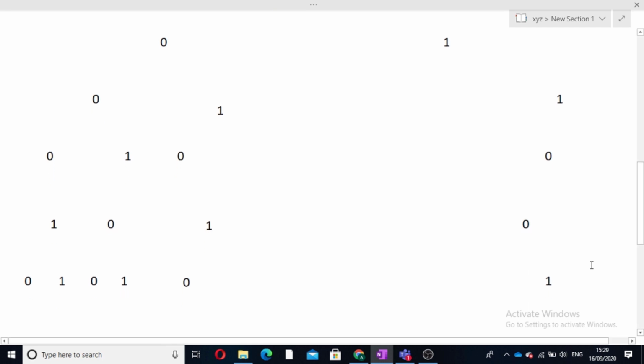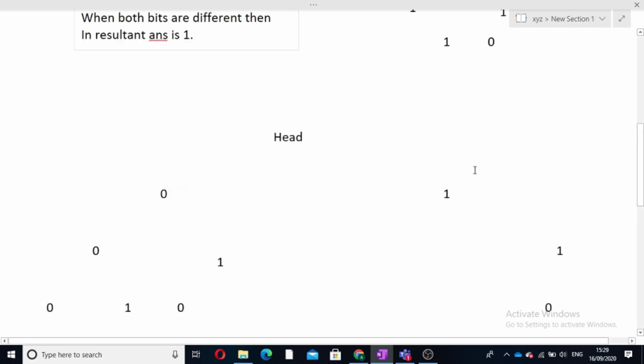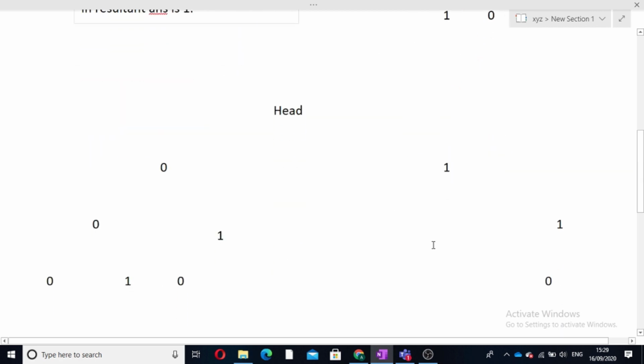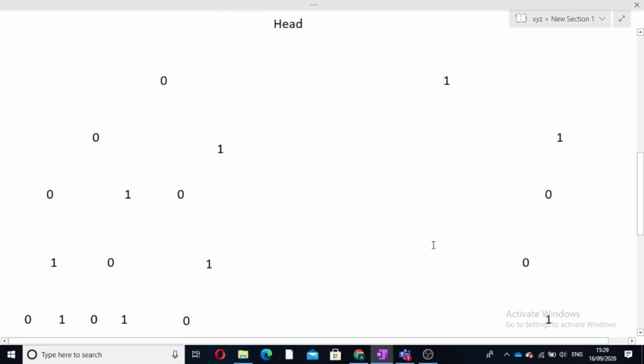So this was how we are supposed to find the XOR. Now this was using 10, and we have received an answer. We will be using every element to find the XOR like this only, and in the end the element whose XOR will be maximum will be returned. So now let's look at the code.